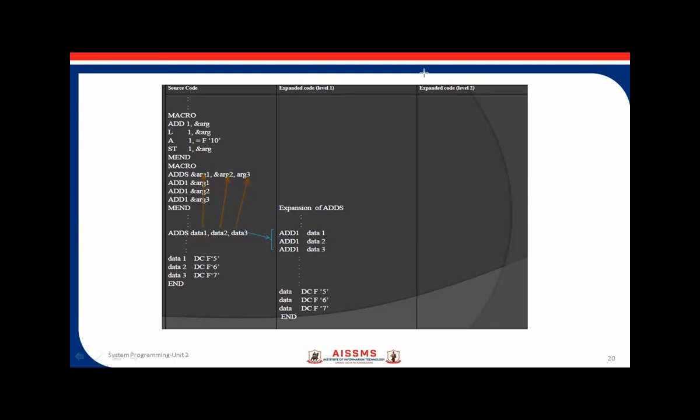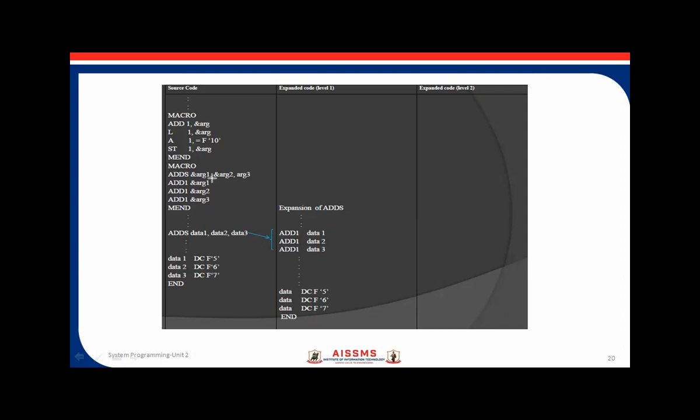So now you can see that argument 1 is replaced with data 1 in this expansion. Similarly, argument 2 is replaced with data 2, and argument 3 is replaced with data 3. So here we have just expanded at level 1.